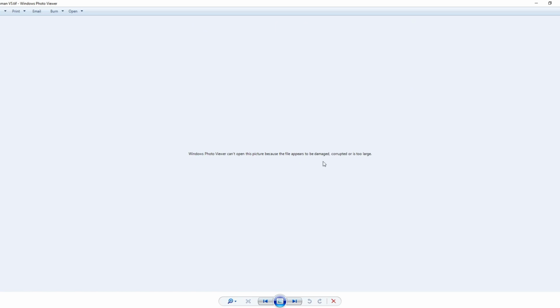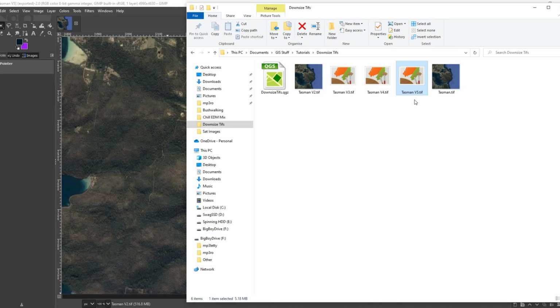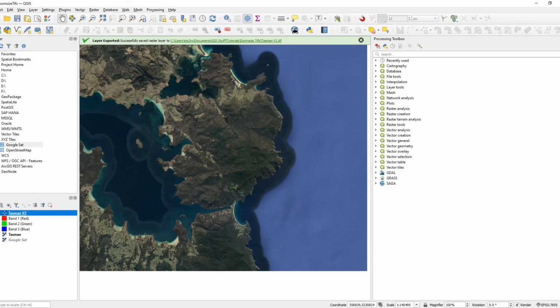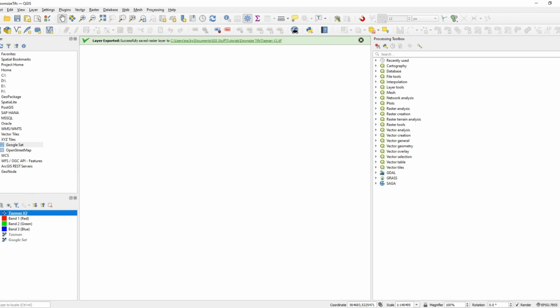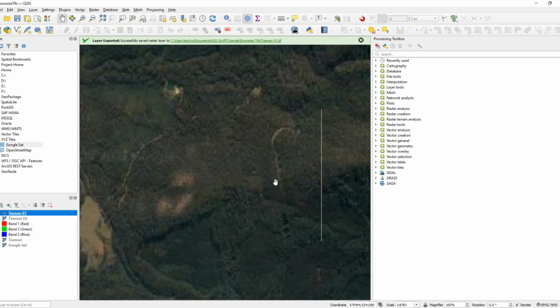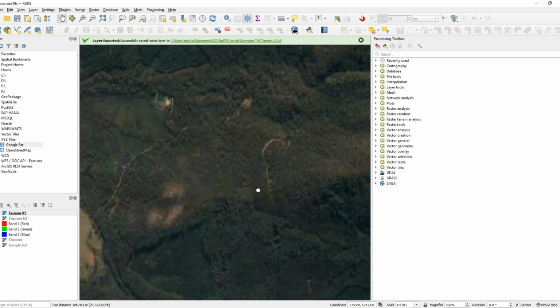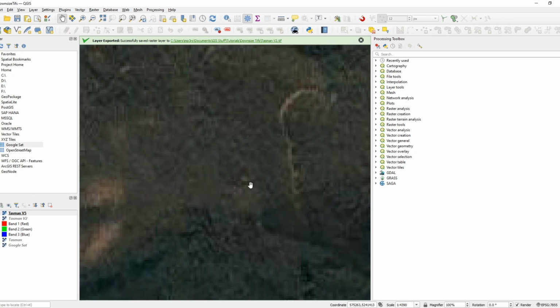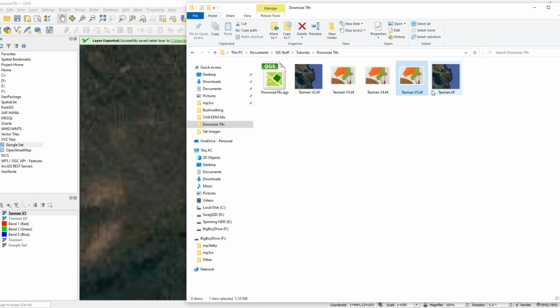Windows Photo Viewer doesn't know how to open that, but I promise you it does work if we try and slide that into QGIS. There you go, it understands the image, and you can see these sort of square things appearing here. You can see the lossy compression starting to take effect,